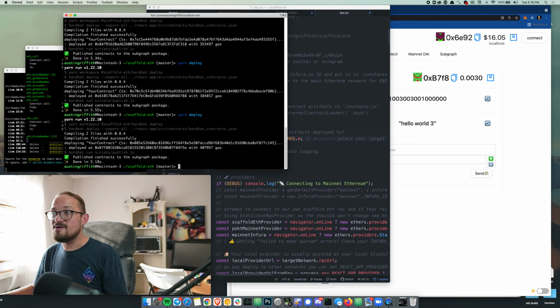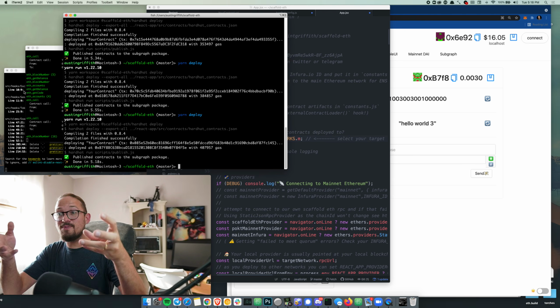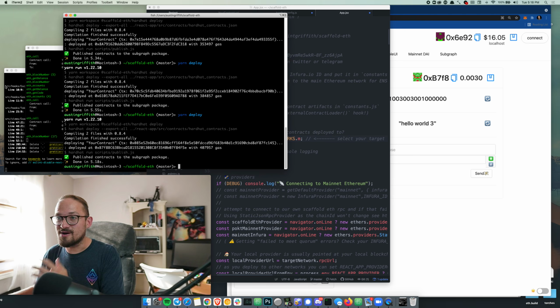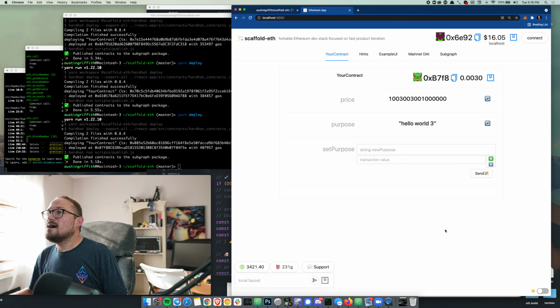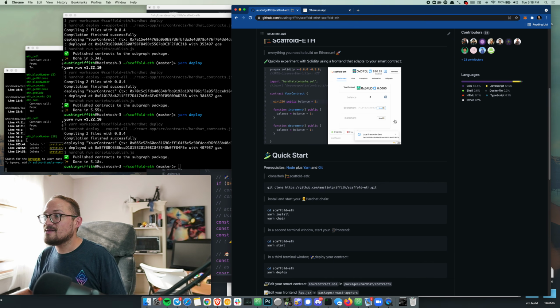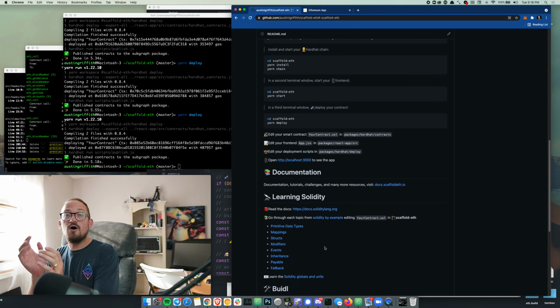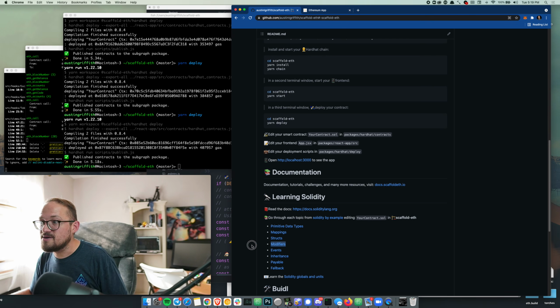You'll put your app out on a public network too. So then you can basically give someone a URL and they can interact with your smart contract app. Okay, cool. So that's how you would deploy an app. Once you've got scaffold-eth down and you've experimented and you've learned all of these different